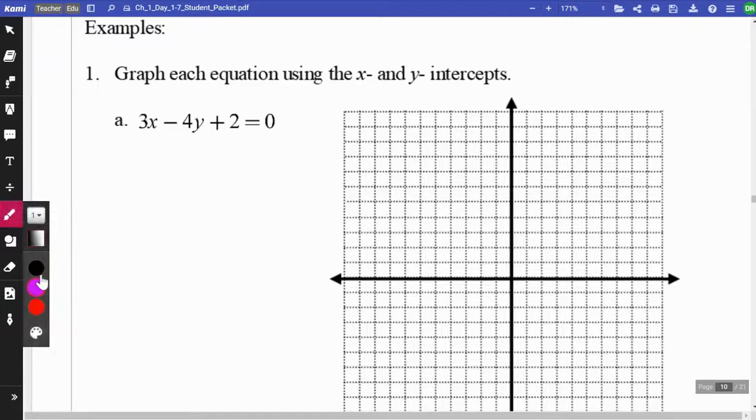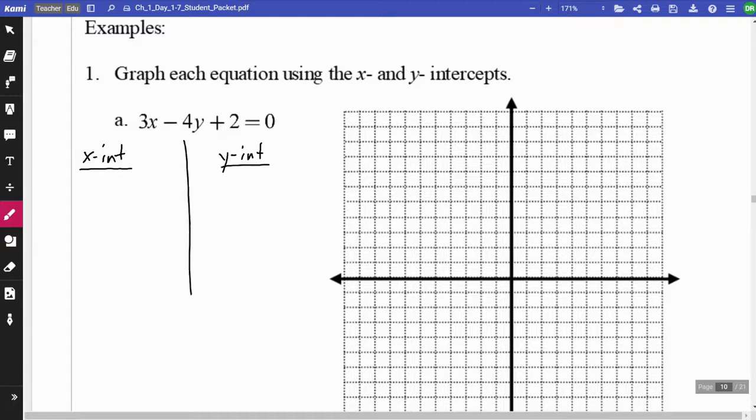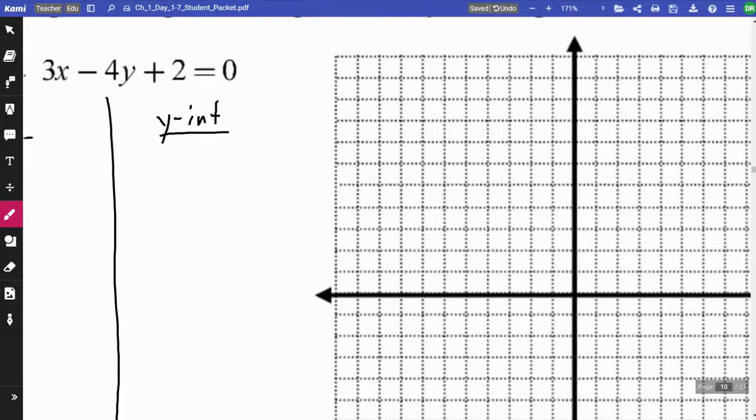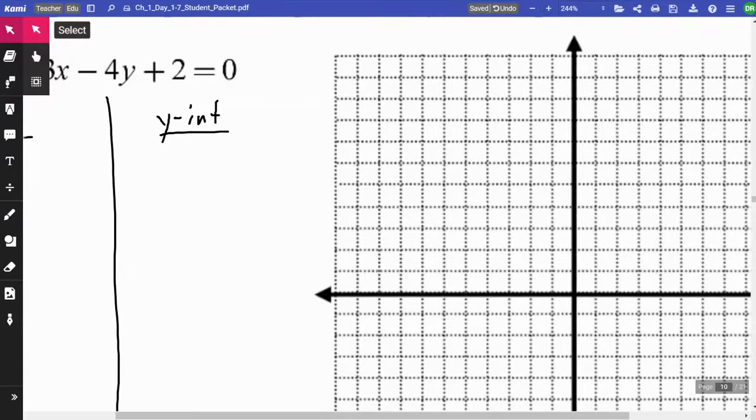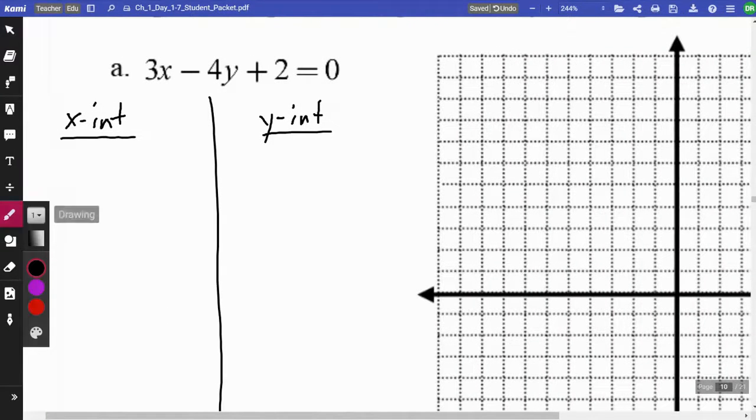So where we're here, if we want to find the x-intercept, and we want to find both, so we're going to find the x-intercept and we're going to find the y-intercept. All we're doing is, and this is not a t-chart, I'm just finding the intercepts. We just plug in 0 for the other number, so plugging in 0 for y for the x-intercept, so this would be 3 times